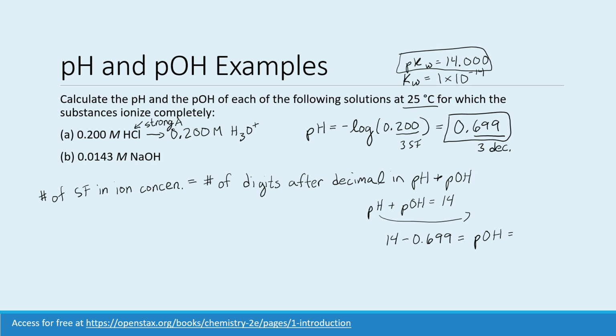And subtracting out, we're going to assume 14 has infinite sig figs, and so we want to report out 3 decimal places, and that gives us 13.301 for our pOH. Okay, and then in the second example,